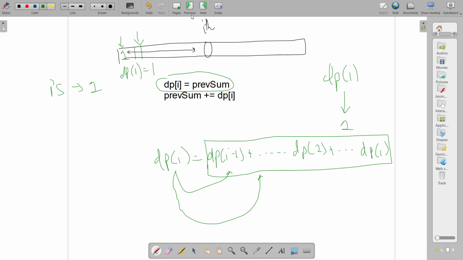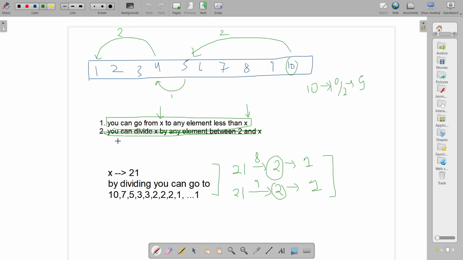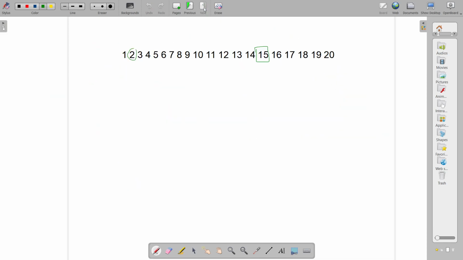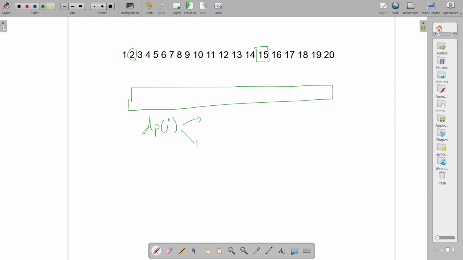This is one part of the solution. Now, how would you solve it if the second condition was also there? I'll try to explain it now. It follows sort of the same logic. You can maintain a DP array, and DP of i again means the same thing. But now DP of i can be broken down into two parts.